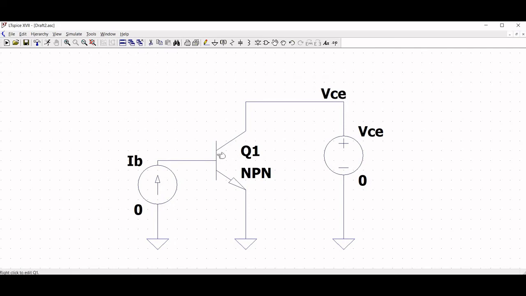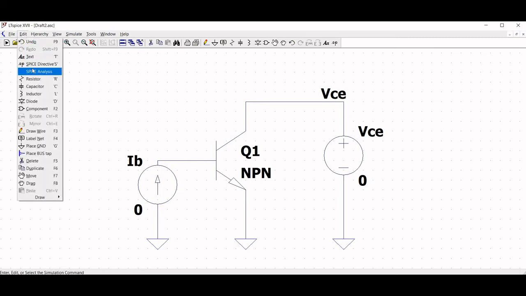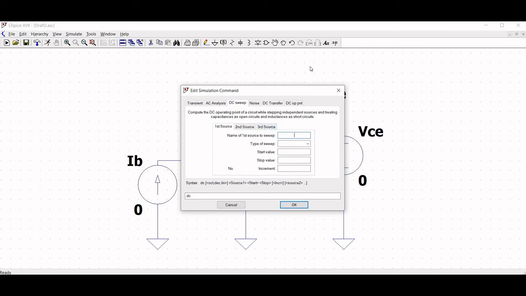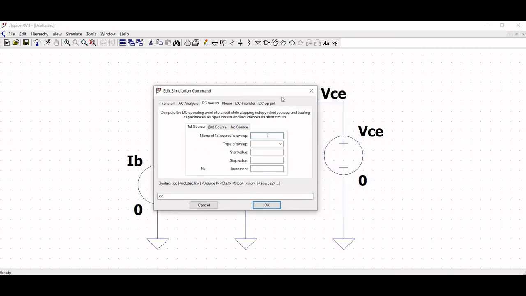Now we have to define the SPICE analysis. Click on DC sweep. The name of the first source to sweep will be VCE. Type of sweep will be linear. Start value will be 0. Stop value will be 5 volt and increment of 1 millivolt.